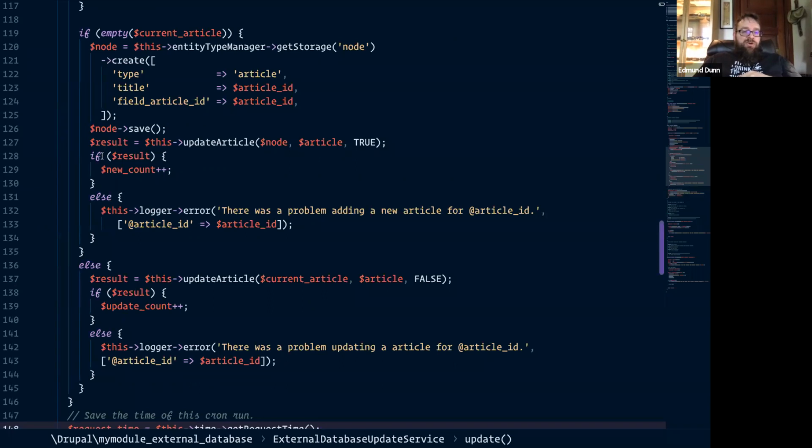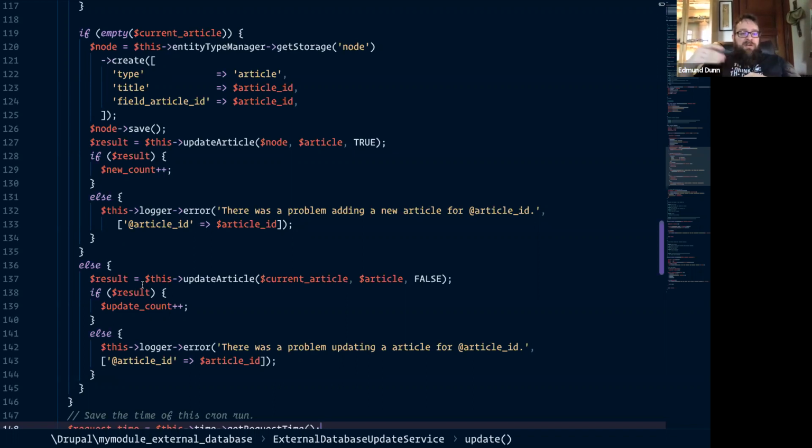If that node is returned, then we add to our new count variable. If it's not returned, then we have another log message. Down here in our else statement, we leave out the create portion, and this is in the case where the article already exists, and we're just updating, we're just changing some information.